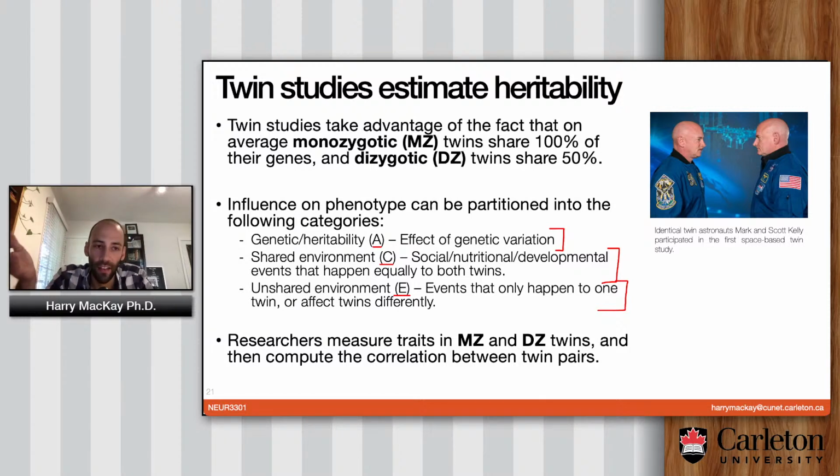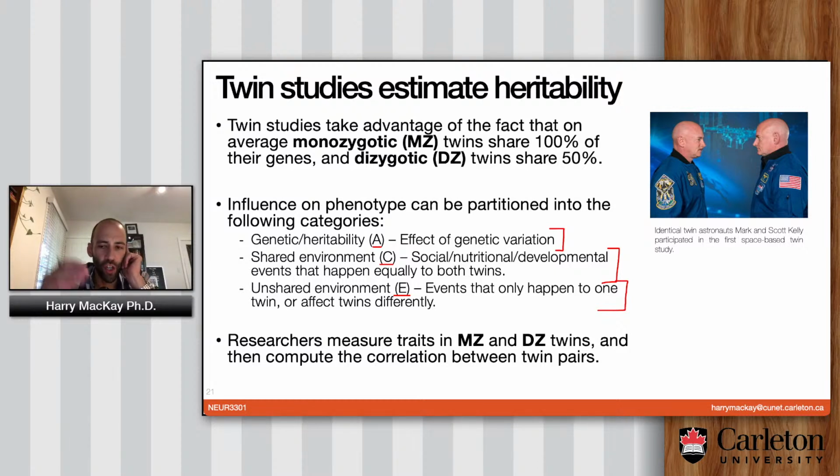So of course you've got your genes. If you're monozygotic, they're 100% identical. If you're dizygotic, they're 50% identical. You've got your shared environment. Monozygotic twins and dizygotic twins typically grow up in the same house and go to the same schools. And so a lot of the aspects of their environment are shared. But then some of them aren't shared. Maybe one of the twins joins the swim team, the other twin joins the chess club, that kind of thing.